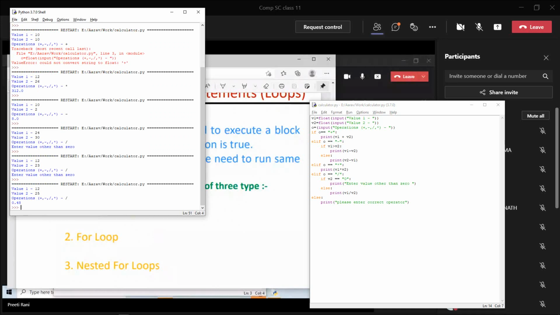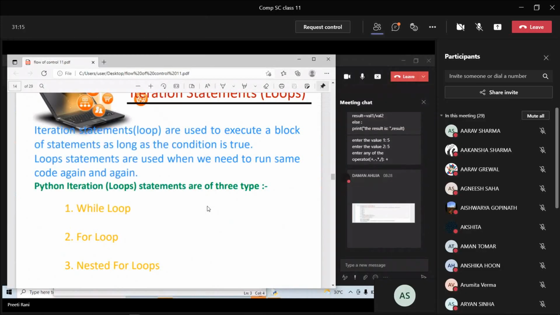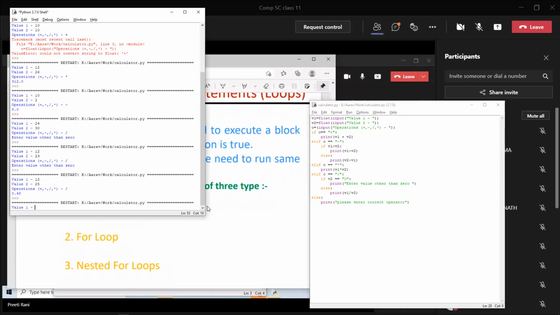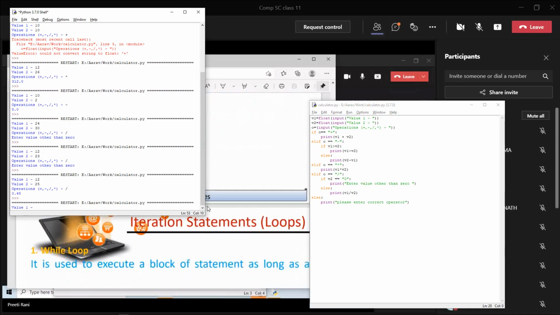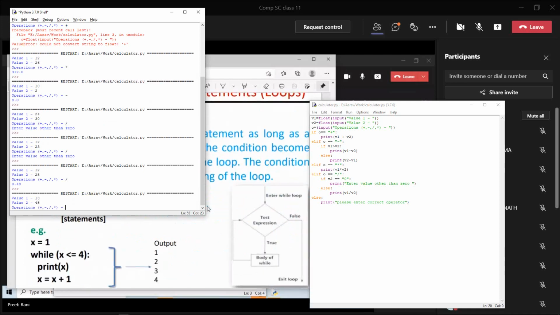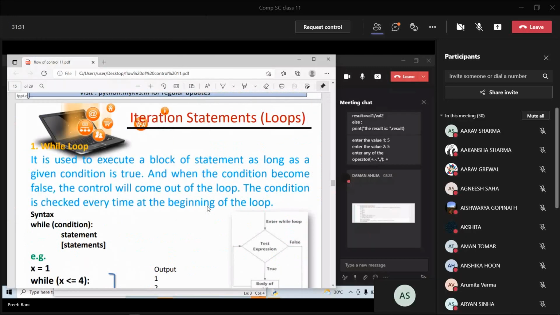The Python iteration loop statements are three kinds: the first one is while loop, second is for loop, and third is nested for loop. First of all we will start with the while loop, that is called the iteration statement loops.